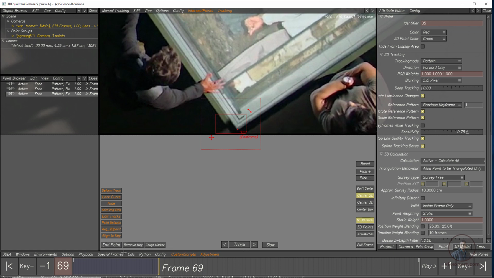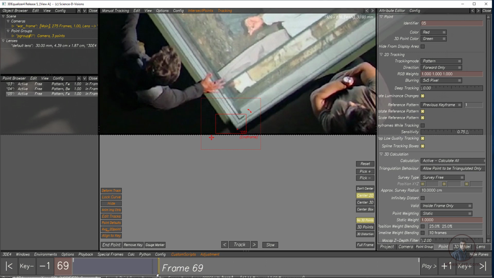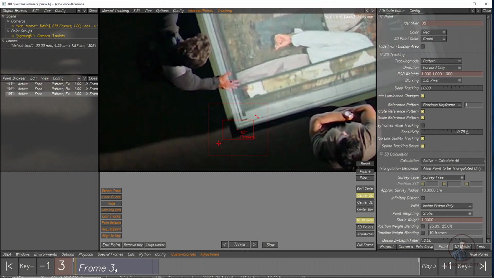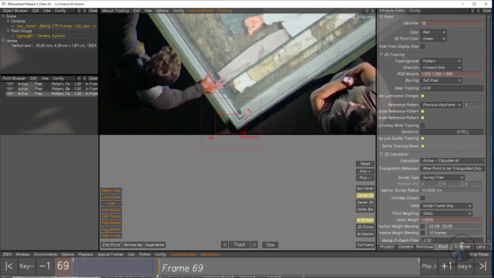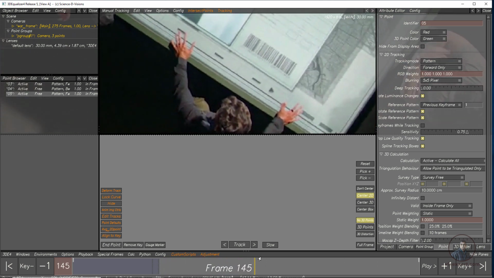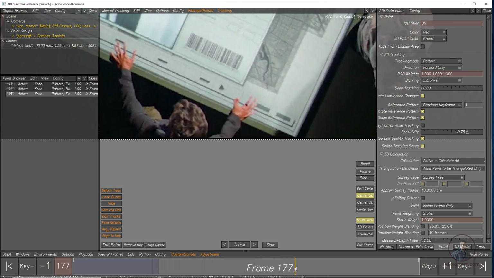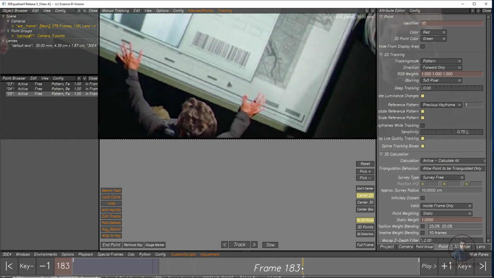This is important. So now here if you will see, till frame 69 you have successfully tracked this point. After this, your tracker is not available. Now come again here, where it's going to be available. So now here, okay, here.